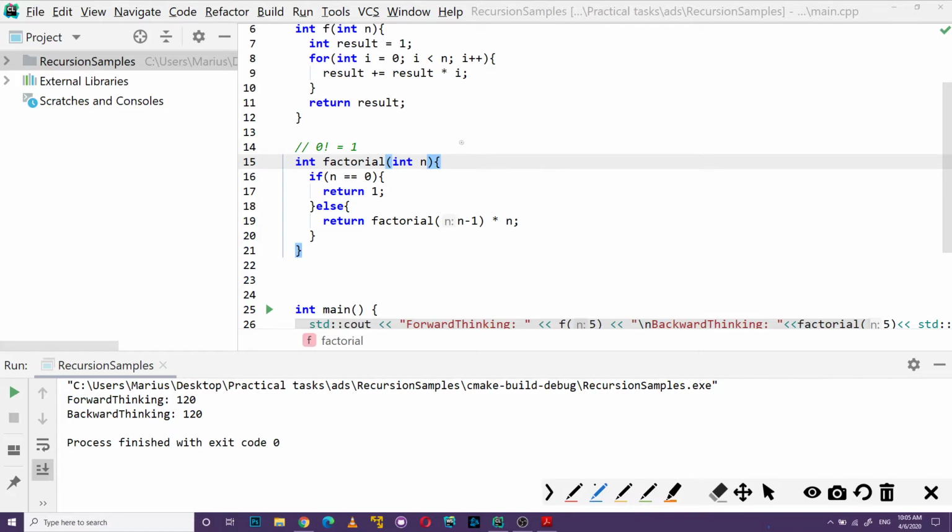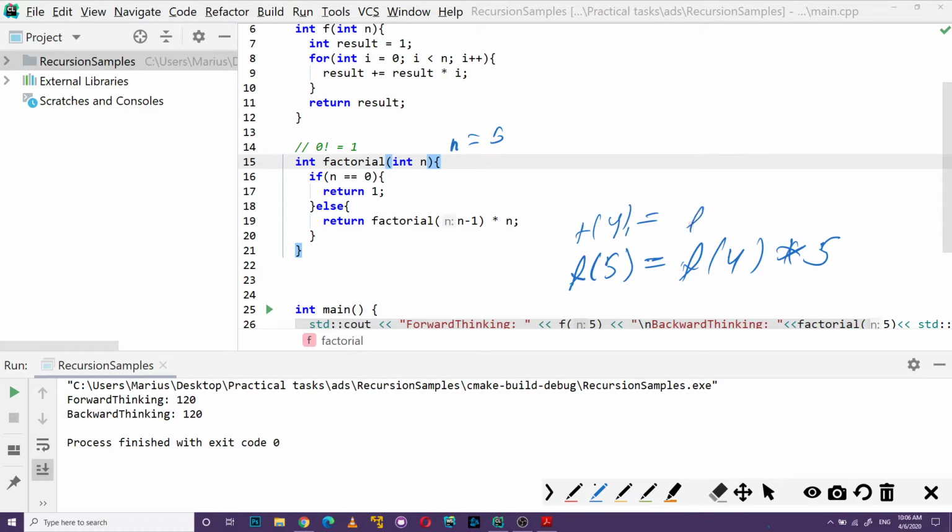First call, if we have n equals 5, you're calling from the top. I write it as f, because factorial is too long a word. When you have f5, you're calling the function. If n equals 0, no, you're just calling return factorial n minus 1, like f4, multiplied by n. n at the moment is 5. Then you're moving f4